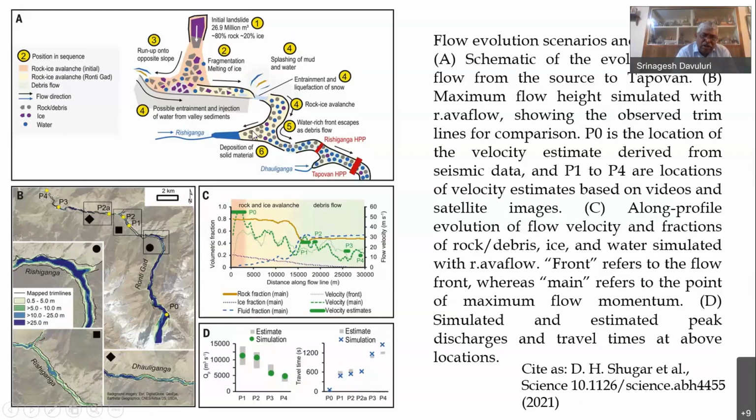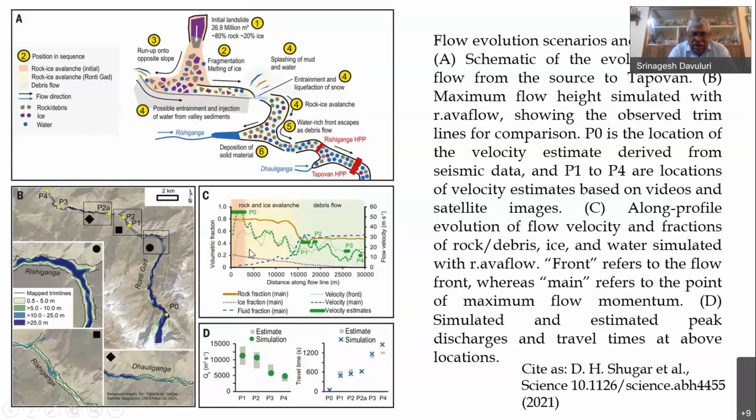The gray ones are the rock debris. The violet filled-in dots are the ice, and the blue filled-in dots are water. So now you can imagine, it is a combination or agglomeration of rock debris, ice and water, all flowing at jet speeds. What you can see is that at 5 different locations, they have mapped the trim lines and the velocities at which this water was flowing. This paper appeared in Science, authored by Sugar, and a lot of Indians are involved in it.